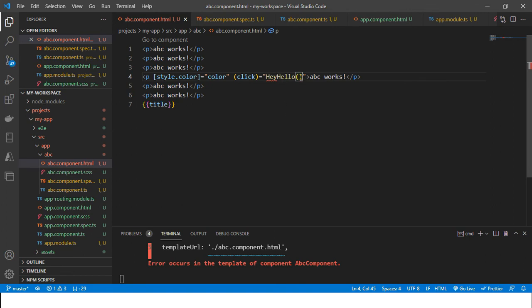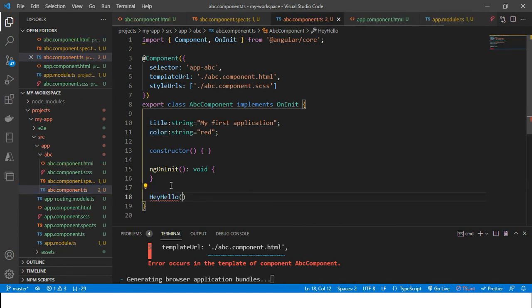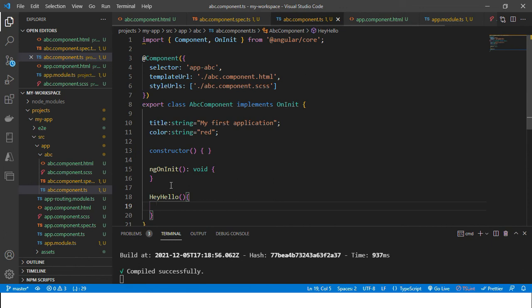This method is not defined on the application logic side, so now I'm going to create it. Okay, hello. The method is defined here. This method is made an event listener for the paragraph click event.